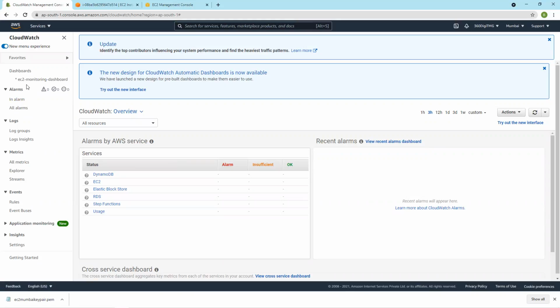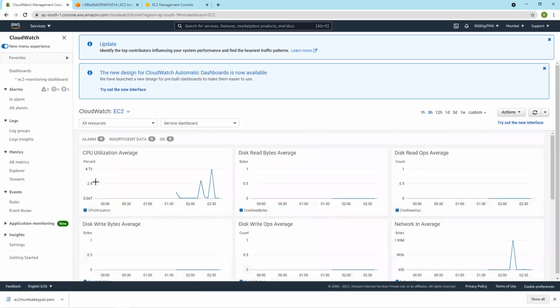Here you can also set a budget alarm. We will do it later after this. In alarm, I'll set an alarm for EC2. So I have DynamoDB, all these things. So let's say EC2. This is my average CPU utilization. Only 4% is getting utilized, so my CPU utilization will always be low. Just in case I forget to stop my instance, I'll set an alarm. This alarm will stop the instance.